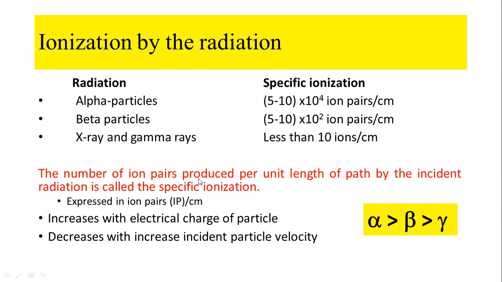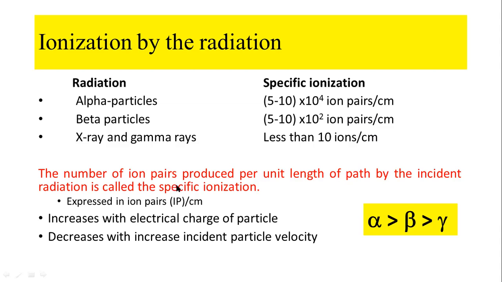So actually the number of ions produced per unit of the path by the incident radiation is called the specific ionization. Because when you compare the ionization of one particle or radiation with another radiation, you have to keep in mind to take a constant amount of the material or length of the material. So this is per centimeter. So if you take 1 centimeter of the same material, in 1 centimeter the ionization power of the alpha is more as compared to the beta, and beta is more as compared to the gamma radiation,